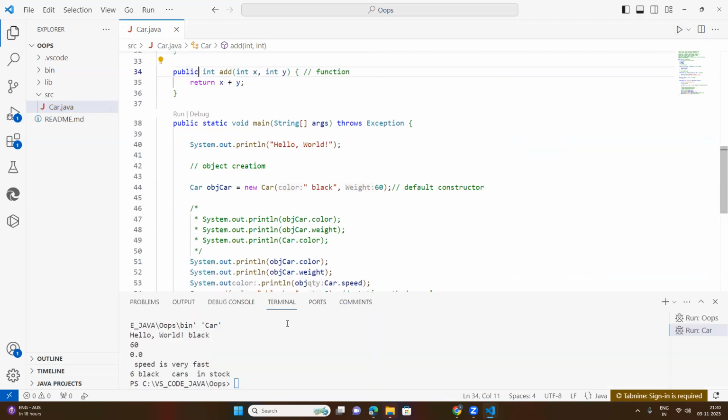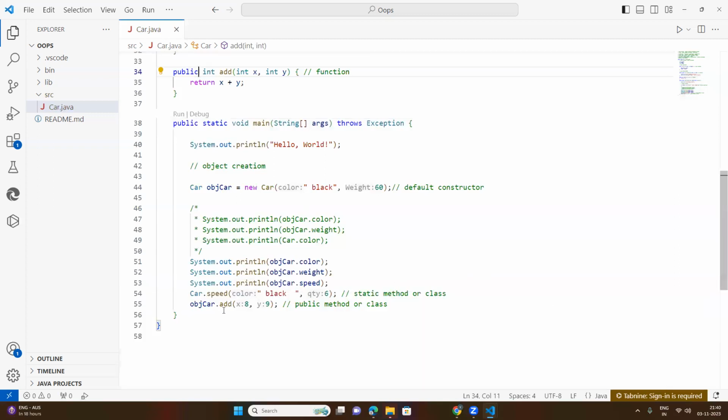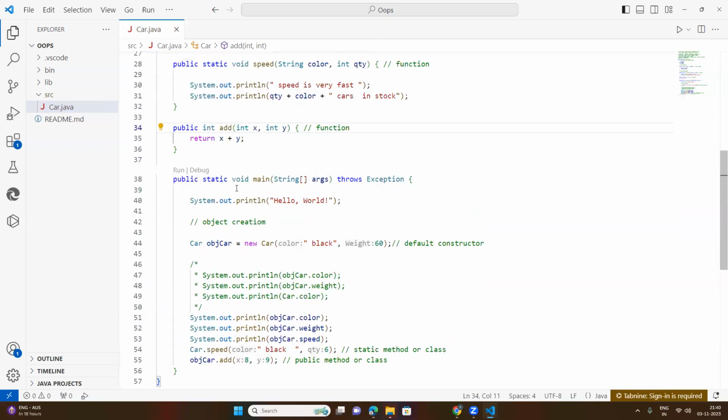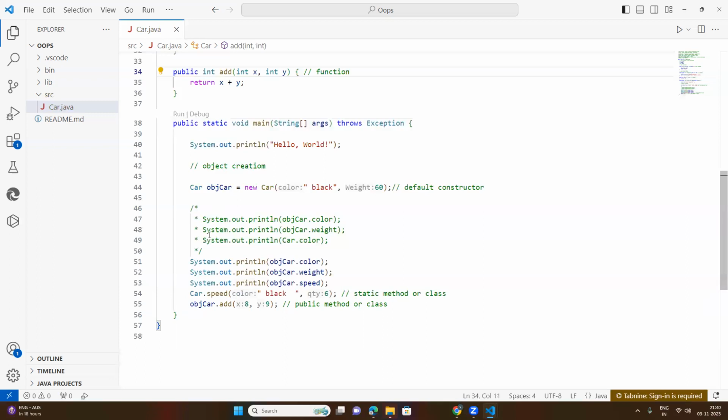Now what happened? You will get the output here. Where is that? You have not called it yet. You have to call it through the object car dot add, where x plus y is returned. Object car dot add. Okay, this is okay. So whenever system